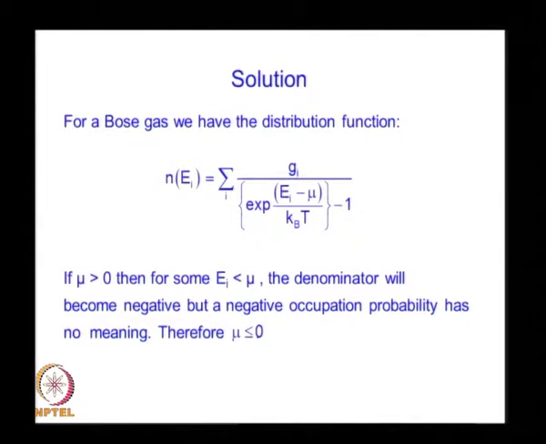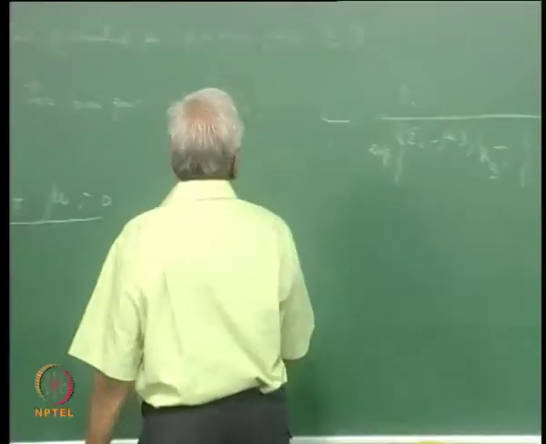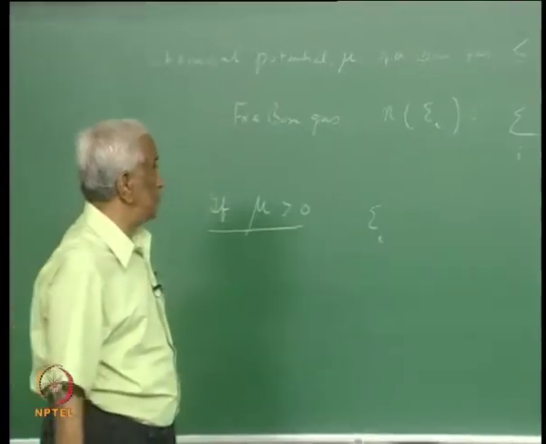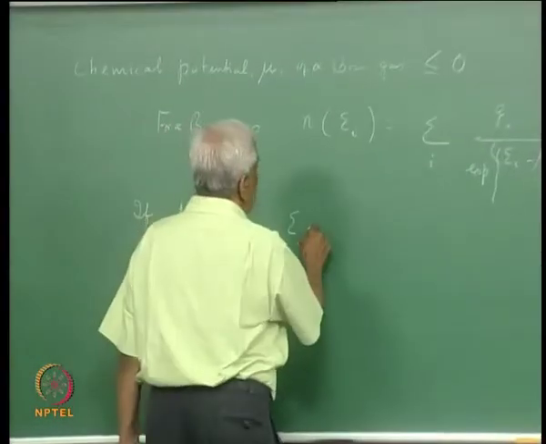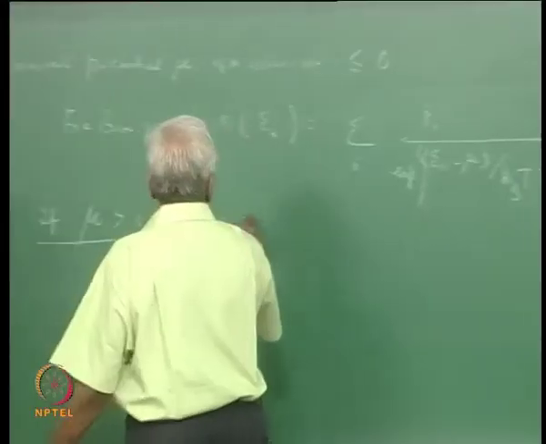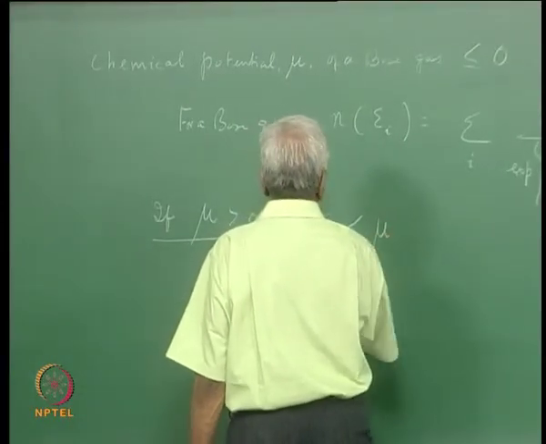Suppose mu is greater than 0. Then what happens? We see that if E_i, one of the states' energy levels, is such that E_i is less than mu,